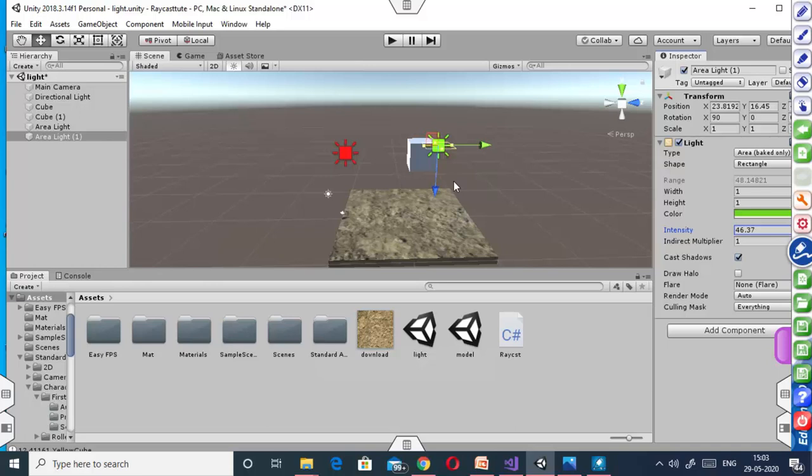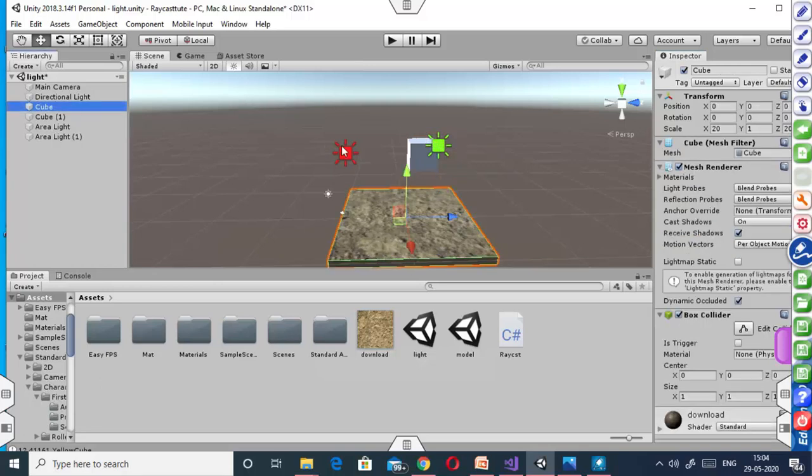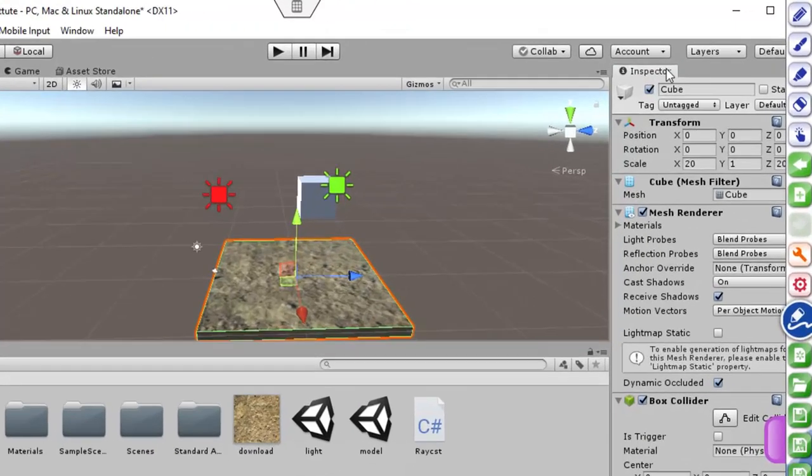So baked mode is performed with static game objects. So we have to tell the game engine explicitly which are the static game objects. For example, I want to see the effect of these area lights on this ground. We have to explicitly tell the game engine that this particular cube is a static game object.